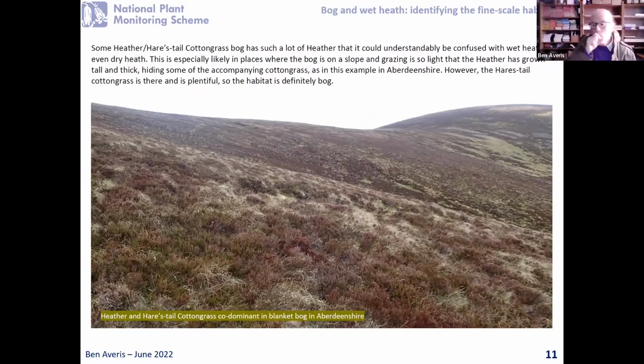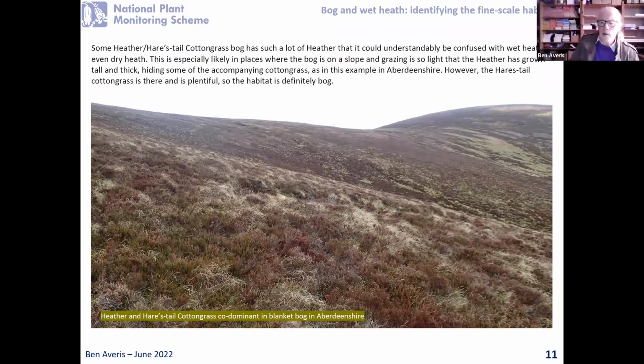We can stick with the slide on this page. If you find vegetation that is bog vegetation, in that it's got a lot of hare's tail cotton grass in it and a lot of Sphagnum papillosum or Sphagnum magellanicum or medium, so that we're saying it's definitely bog vegetation, like in the NVC sense, especially. But we stick a thing in the ground and we find that the peat is less than 50 centimeters deep,